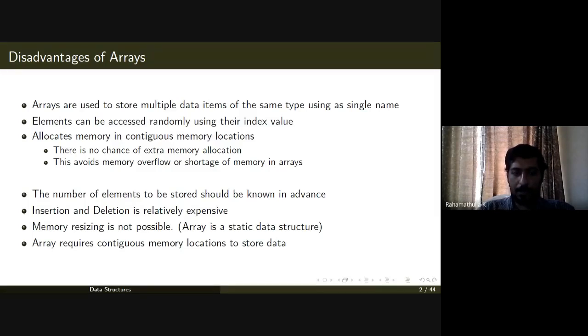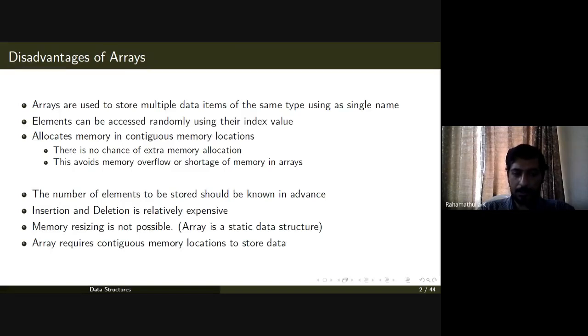The memory allocation is done at the compile time, and it requires contiguous memory locations because we are storing only the allocated memory's first byte address. We are not using any address in between. So if you would like to access each element one by one, then the elements need to be stored in contiguous memory locations.